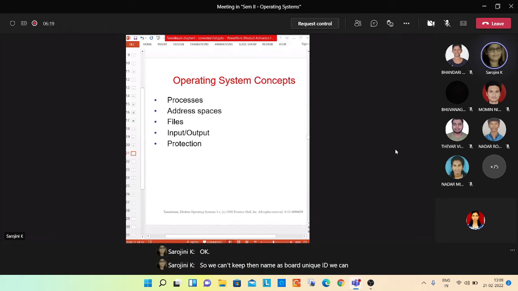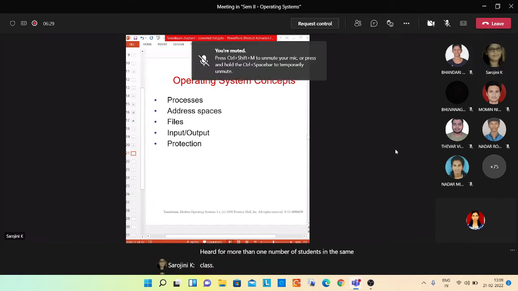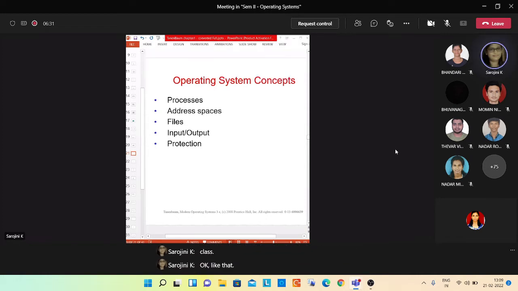We can keep the roll number as a unique ID because it will not be repeated for more than one student in the same class. Like that, in a multiprocessing system, when the process is getting created, automatically the operating system will assign a process ID.